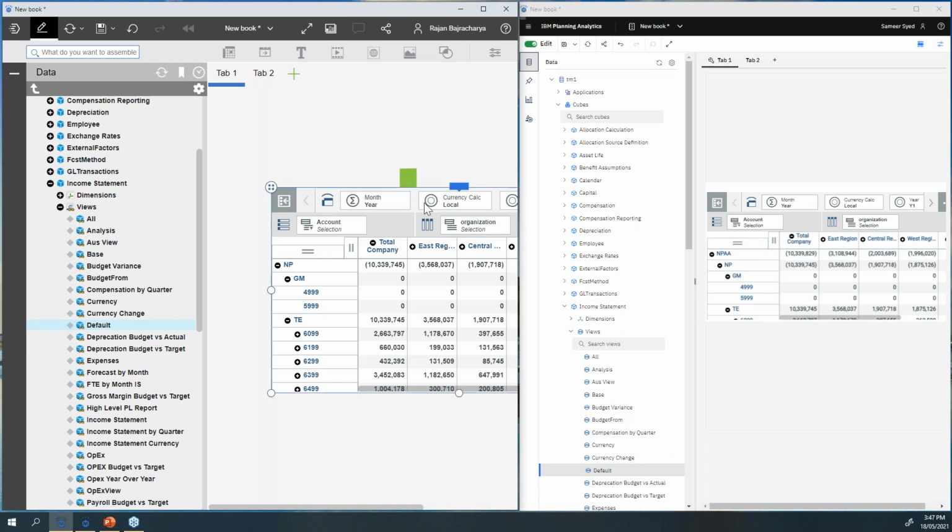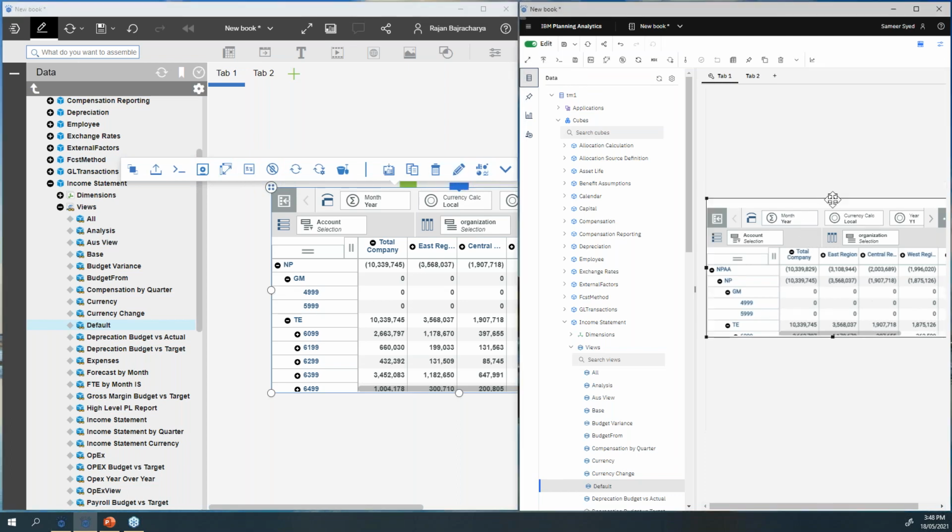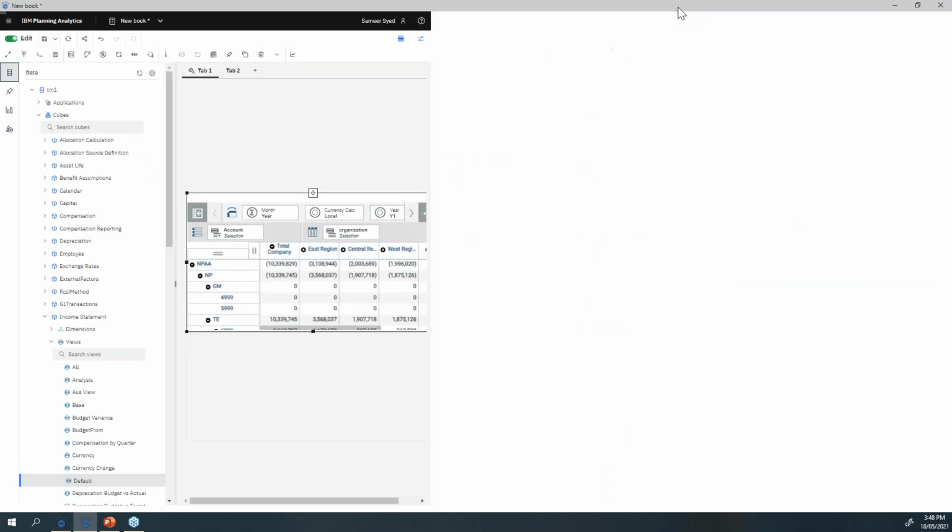So when I click on this view and click on this ribbon, you will notice there are a lot of options available within this cube view. Whereas in the new version of Planning Analytics, when I click on this, it's much easier to pick. One, the icons are much smaller. And two, what you will notice here is, maybe I'll expand this.